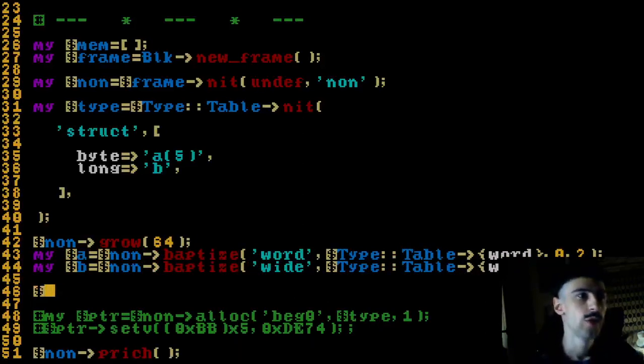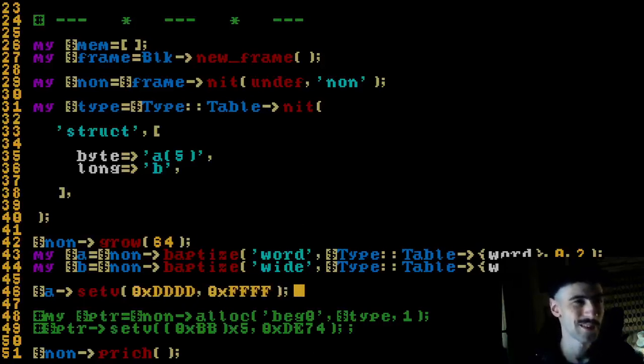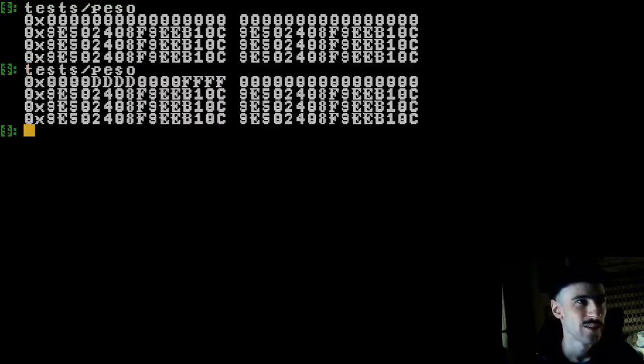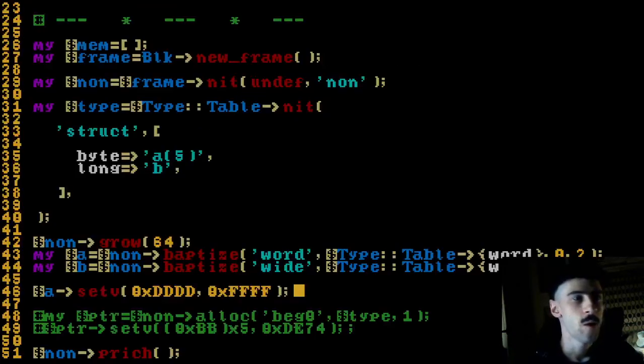And to A, let's set B. It's 2 values, so let's say DDD and FFF, something like that. Right, and it fills it up, right? So we have these 4 things, and now